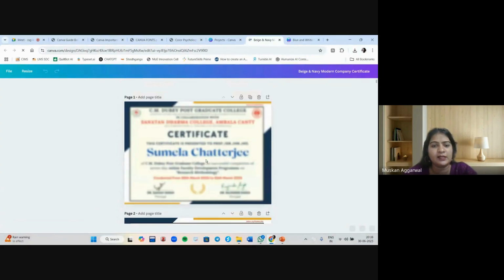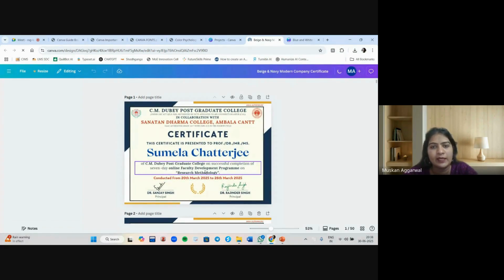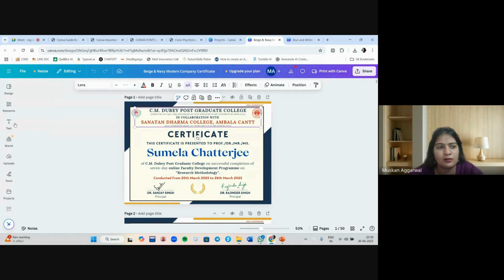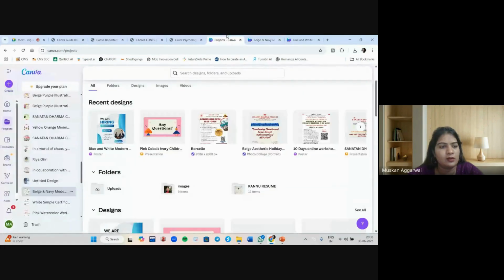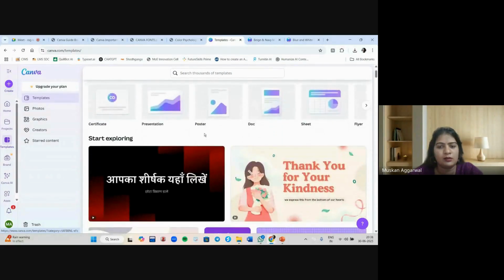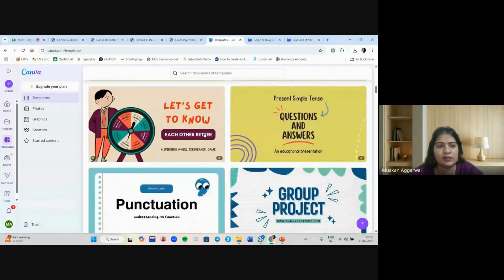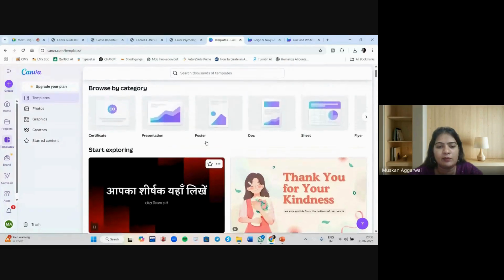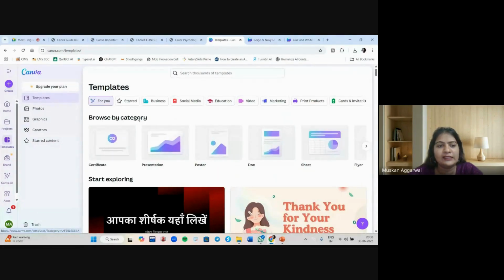See, these are the certificates we have created on our own, and we haven't used any kind of template from Canva. You can use or create anything using the template, or you can design yourself if you are a good innovator. So this is the templates part. These are already available, and you have to just select from any of the templates, and these are the categories